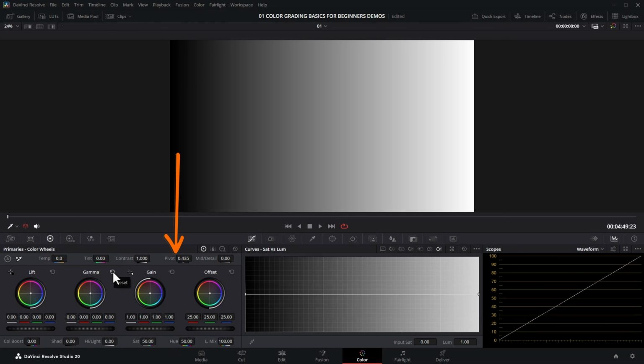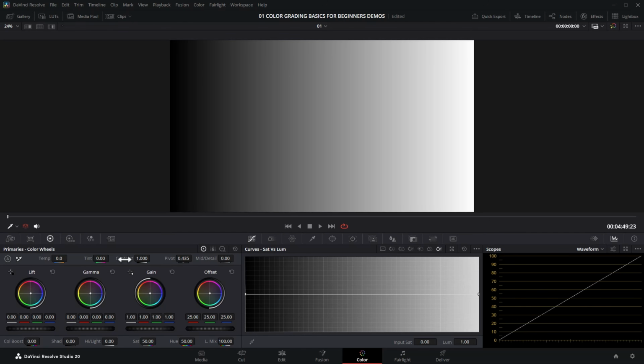We've got this pivot control. The pivot adjusts the point at which the dark and light points get moved around, or moved up and down. The easiest way to show you this is on this grayscale image. I'm going to increase the contrast, and you can see we've got this S curve in the scopes. If I change the pivot once again by holding down the left button and moving the mouse to the left,